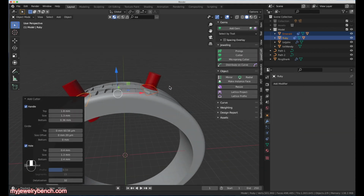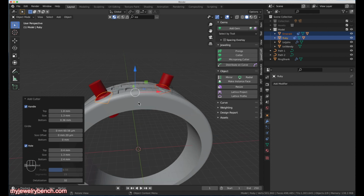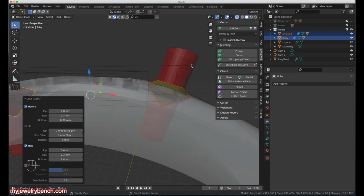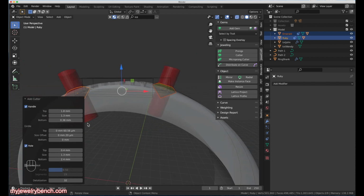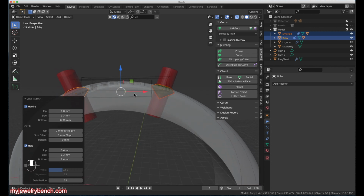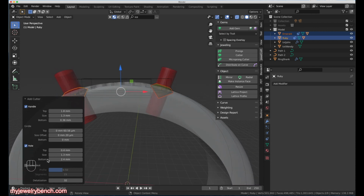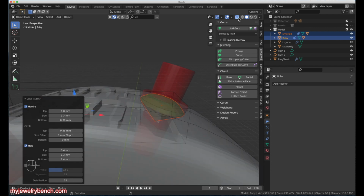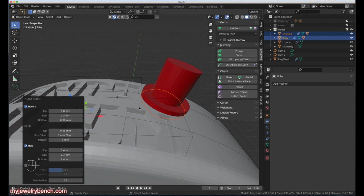Now my cutters are red, and that's just because that's the color I selected to have those done. And I'm going to put this in invisible mode so we can see what it looks like when we're going straight through. We're going to zoom in, and there's our cutters, and I'm going to just make sure they're deep enough. So under the hole, we've got that done. What I want to do is make the girdle wider. So I'm going to come over to the girdle tool. Under top of the girdle, I'm going to bring that up, and that should bring up our girdle so that if we look at this now, you can see we're going to have a nice recess in our ring for